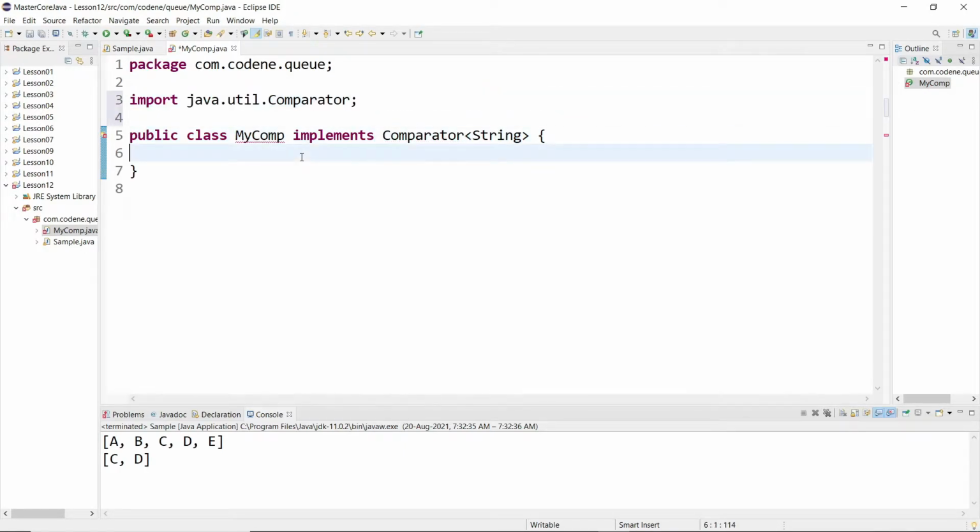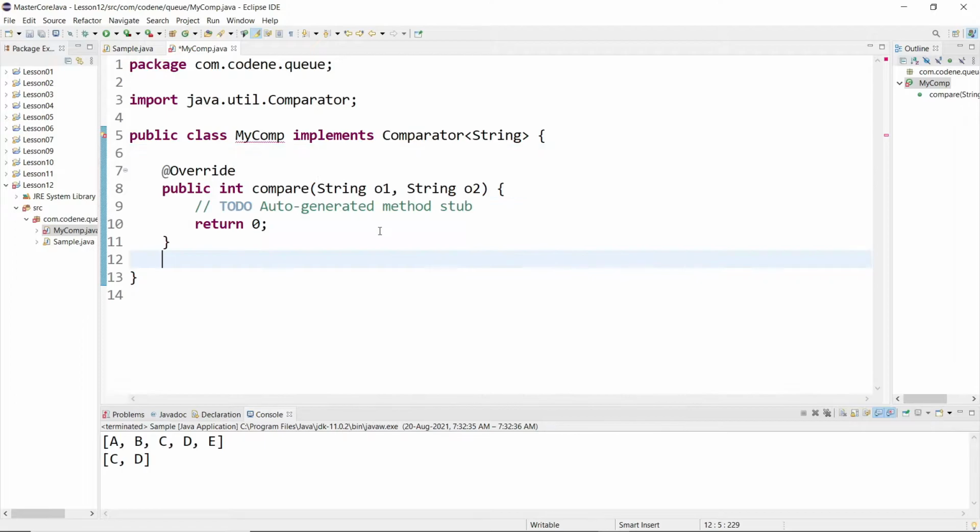Let's import this. Now Comparator has two methods, one is compare and another is equals. The equals method is used whenever you need to check whether two elements are equal or not, and otherwise compare is used for less than, greater than, and equal, all of this. So there is no issue. We will only implement compare. Equals is not required to implement. The main method that you need to implement is compare.